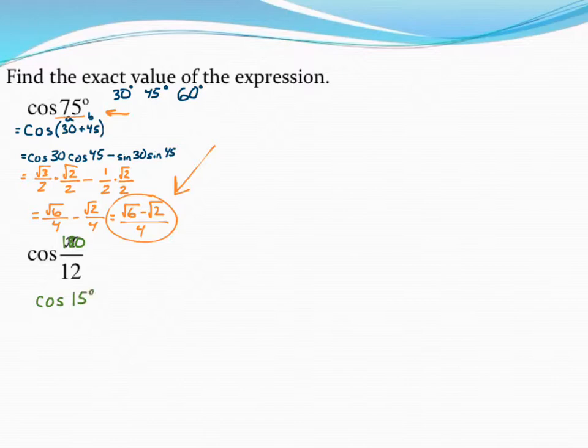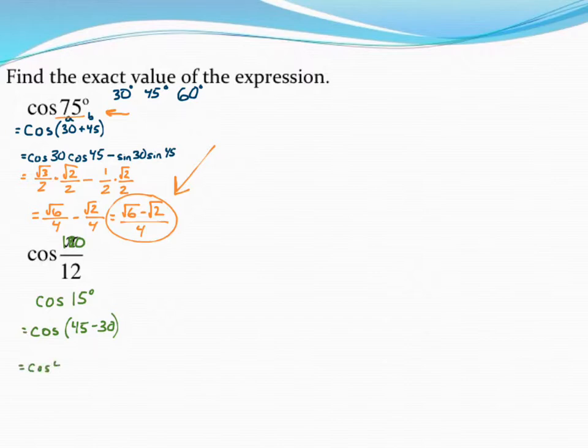Okay, pi over 12 is 15 degrees. And again, I want to rewrite this in terms of the sum or difference of two of my special angles. Well, this time to get 15, I can do 45, that's a special angle, minus 30 degrees. Okay, and again, using the formula to break this up, I can say that that's the same thing as cosine